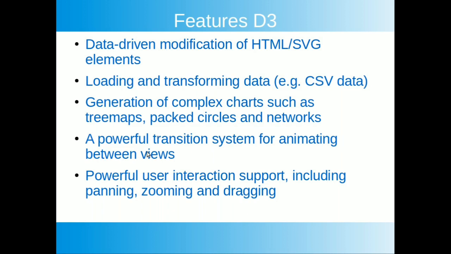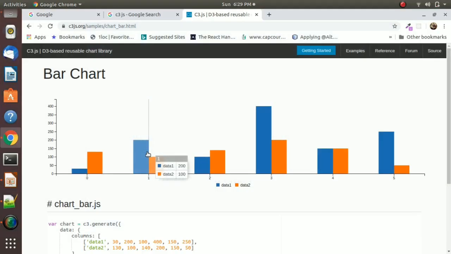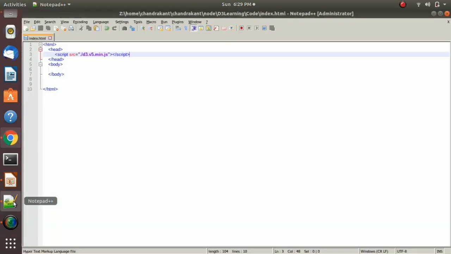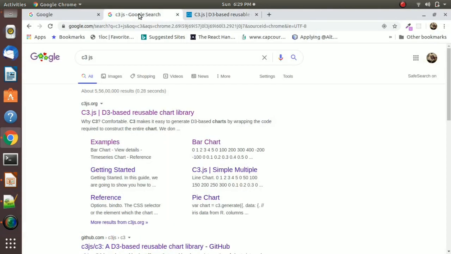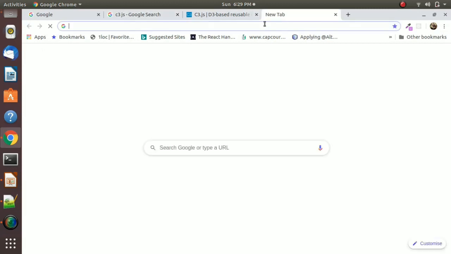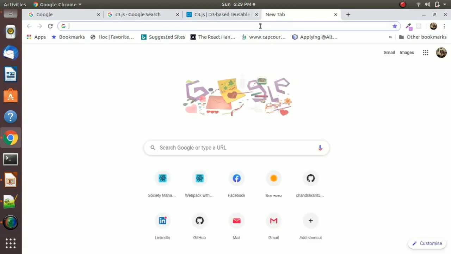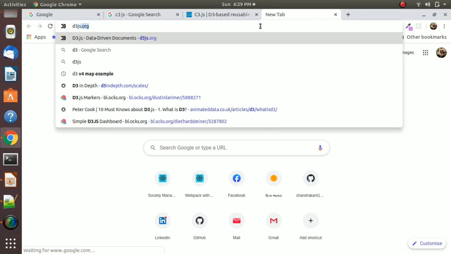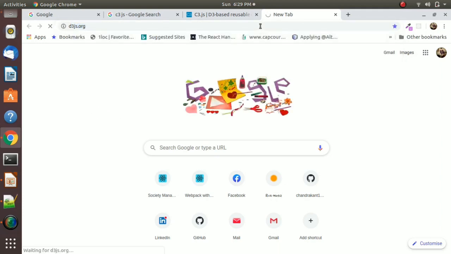Now if you have a little bit of an idea about D3, we will create a simple bar chart using just simple concepts of D3 and HTML. Here we will start. I have taken the D3 v5 library, which you can download from the original D3.js website, d3js.org.